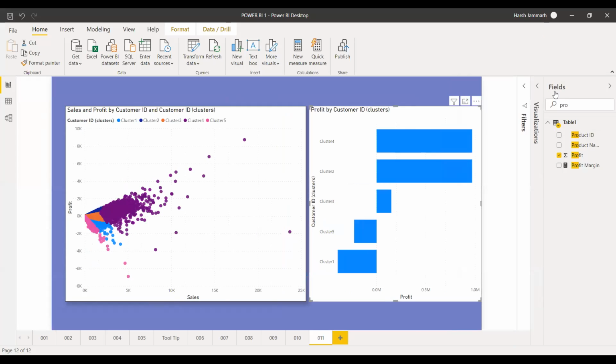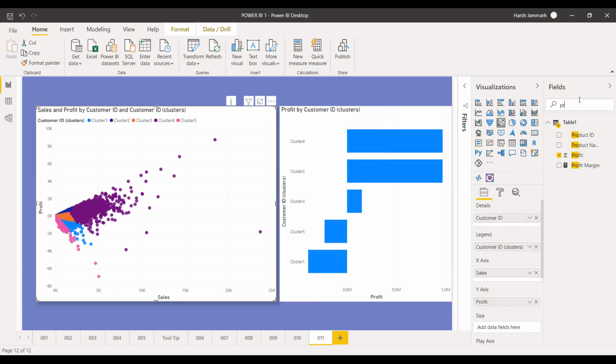One second. How is it possible? Why would our clusters be different? I'm just thinking, is it that we are working on a different data set? I don't think so. No, sir. Your clusters look very different. The sets were the same. Yes, sir. Just remove the clusters first. Just go back to your field and remove the cluster. Yeah, just delete this. No, not from here, from the field list also.